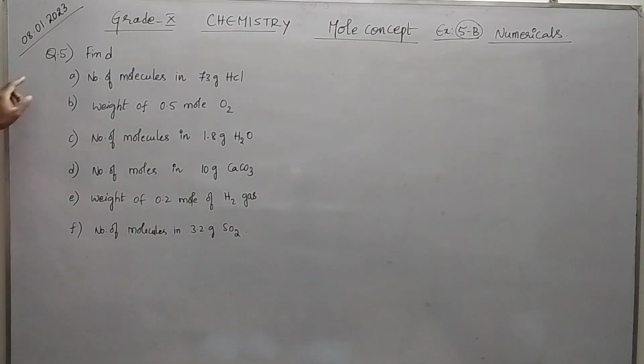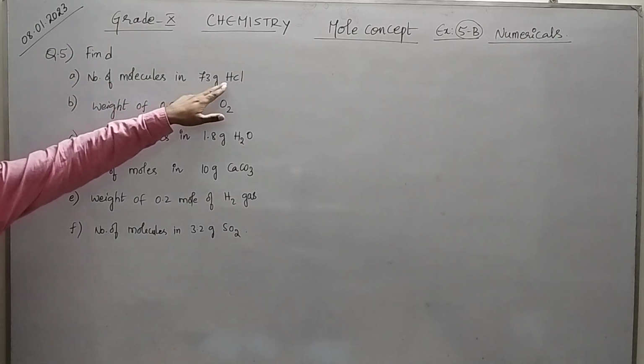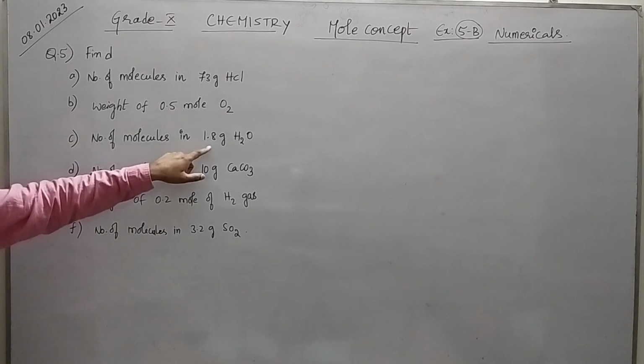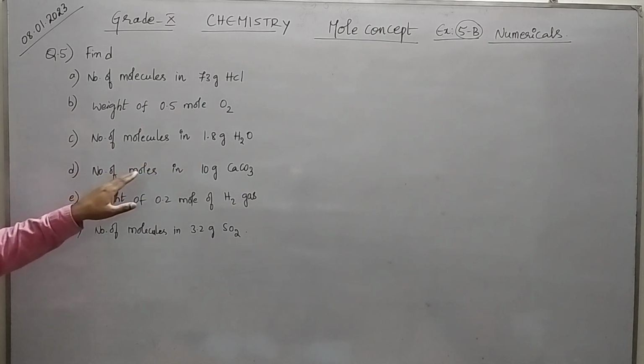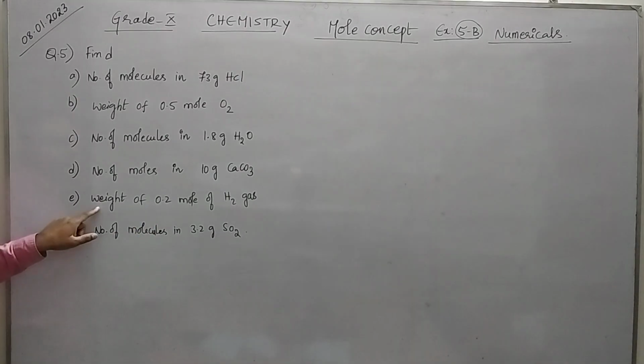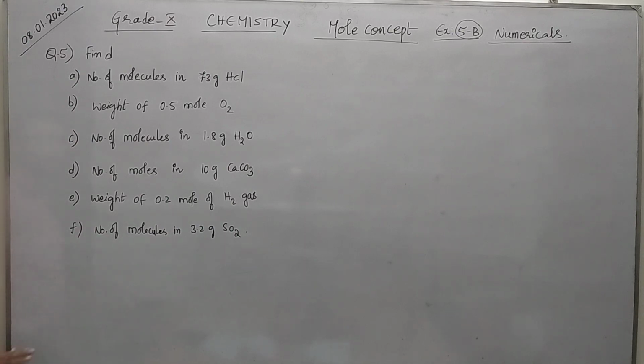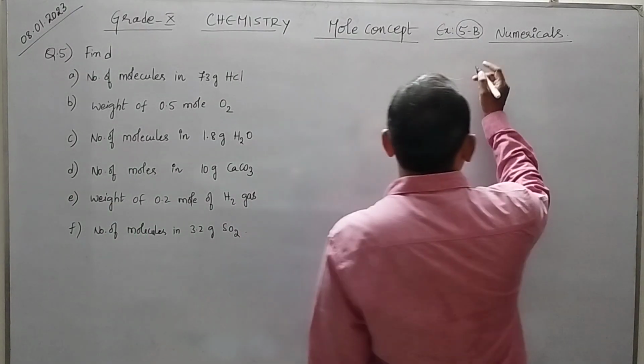Now question number 5, we need to find out the number of molecules in 73 grams of HCl, the weight of 0.5 mole O2, the number of molecules in 1.8 gram water, the number of moles in 10 gram calcium carbonate, the mass of 0.2 mole of H2, and the number of molecules in 3.2 gram of SO2. For all this, you know that